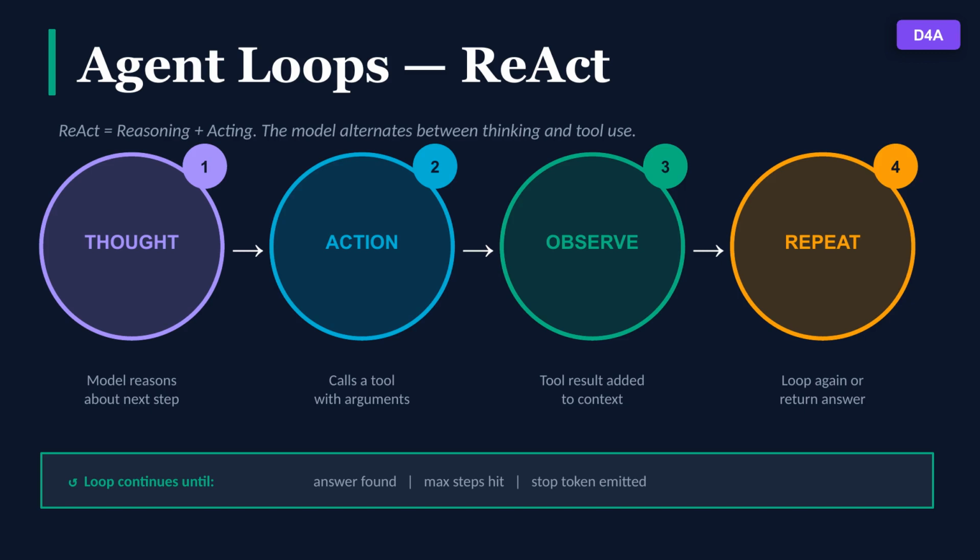ReAct stands for reasoning plus acting. This is the core pattern for agents. 4 steps in a loop. Step 1. Thought. The model reasons about what to do next. Step 2. Action. It calls a tool with arguments. Step 3. Observe. The tool result is added to the context. Step 4. Repeat. The loop continues until the model has an answer, hits the max step limit, or emits a